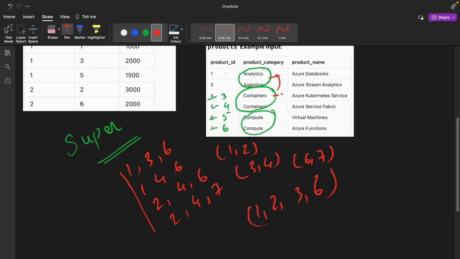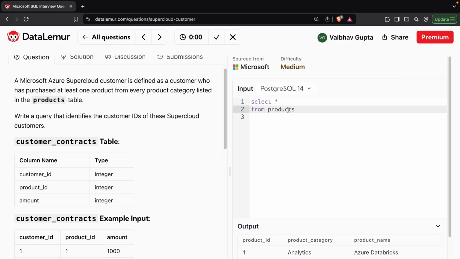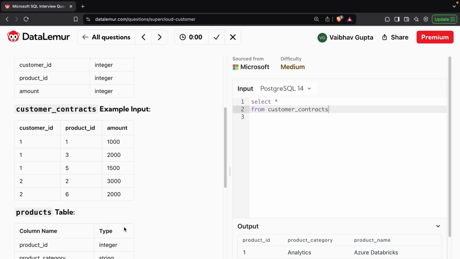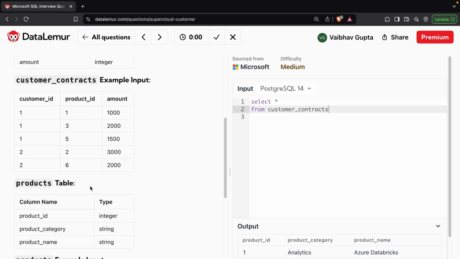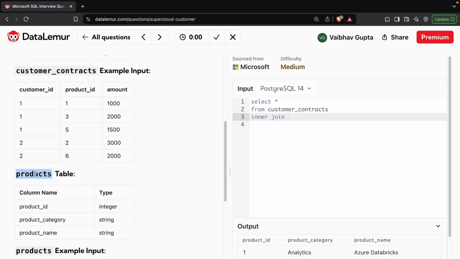Okay, analytics, containers, and compute. I hope you have understood this part. Let's join these two: customer contacts and products. What should be the joining condition? Because in a single table we want every detail, like customer contact and products data should be there. So let me join these two tables, from customer contacts join products